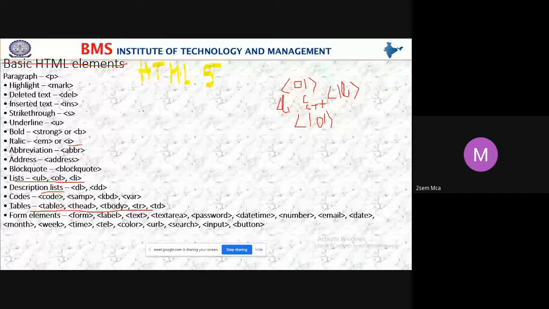When you want to display information in terms of rows and columns, then we go with the table tag. In the table tag, you can change the border style of a table and the thickness of the border.